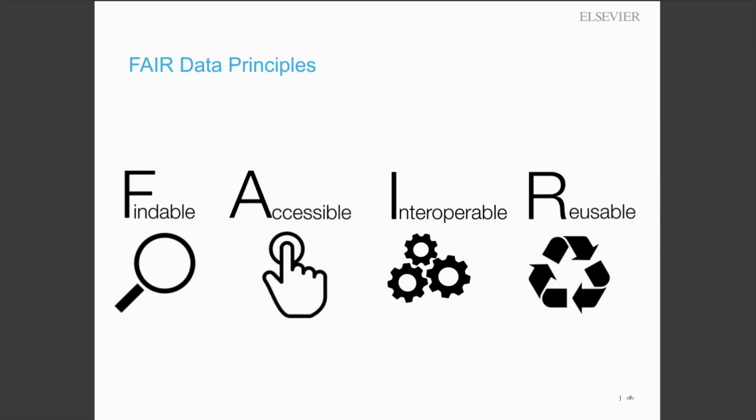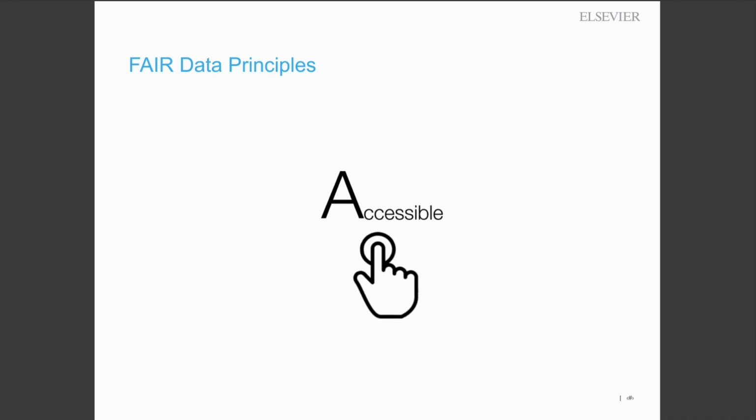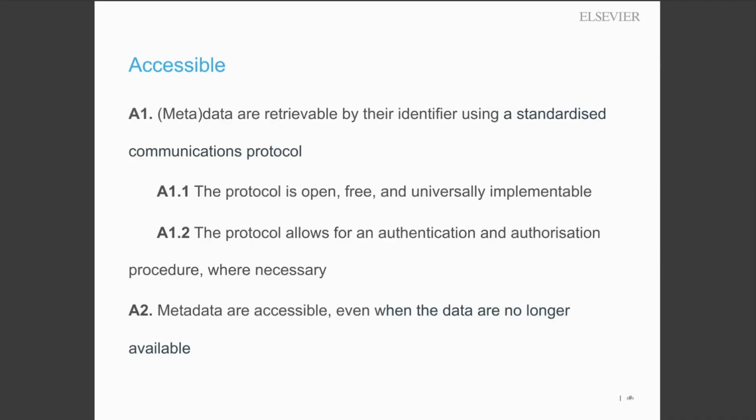In today's webinar, we focus on the letter A, accessible. What does it mean? So the principle accessible says that the metadata and data are retrievable by their identifier using a standardized communication protocol. The protocol is open, free, and universally implementable. The protocol allows for an authentication and authorization procedure when necessary, and the metadata are accessible even when the data